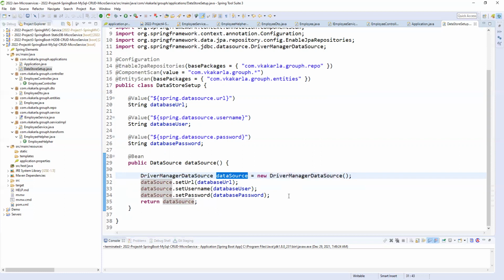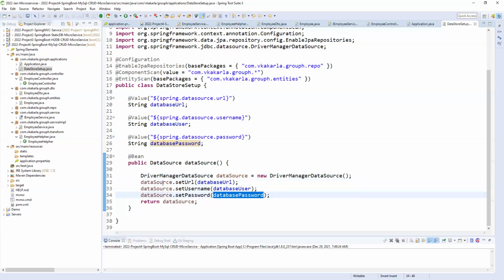If you want to increase it, we can implement a Hikari connection pool, but here we need not use any connection pooling mechanism. The default connection pool, the default of 10 or 15, will be taken care of by the DriverManagerDataSource object. With this data source object, we are setting the database URL, database user, and database password.